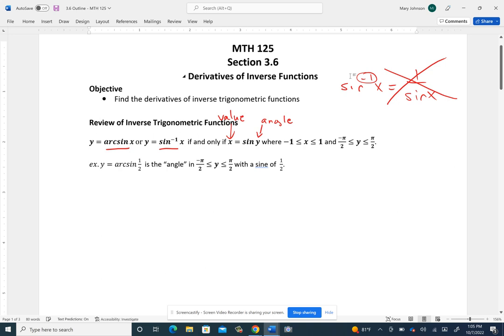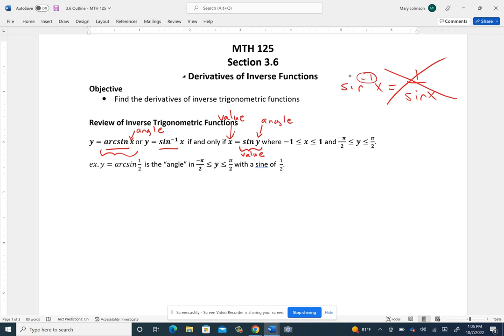Okay. So the sine of some angle gives you your value. With the inverse sine function, with arc sine, what happens is your input is an angle, and then the value of the arc sine of that,